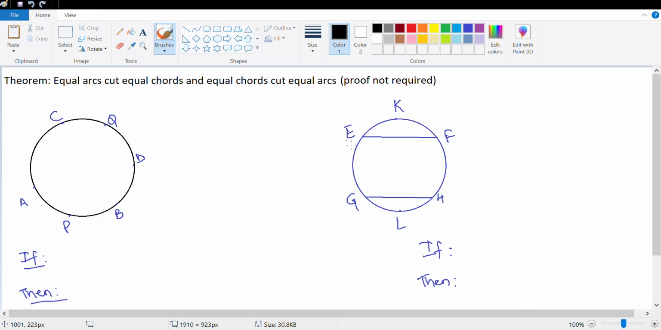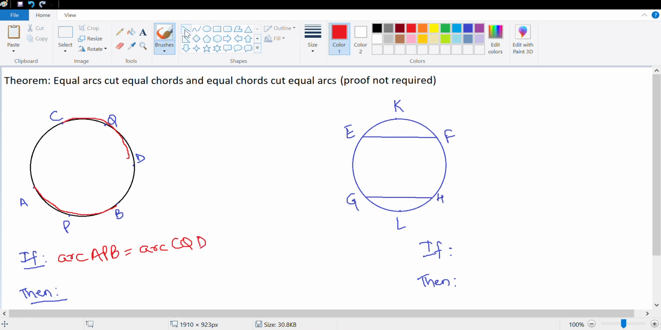The next one says equal arcs cut equal chords and equal chords cut equal arcs. The proof for this is not required. So what this means is if arc APB and arc CQD are equal, which means if arc APB is equal to arc CQD,